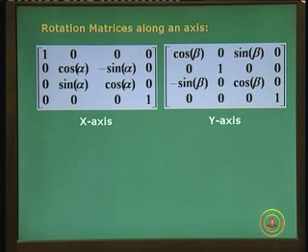Now, when you are rotating about the y axis, the x and z coordinates are the ones which will change, and hence the parameters are put around the first and second rows and first and third, I repeat again, first and third columns and rows of the corresponding matrix, because those are the coordinate values x and z respectively which will change when you rotate about the y axis of the three-dimensional coordinate system.